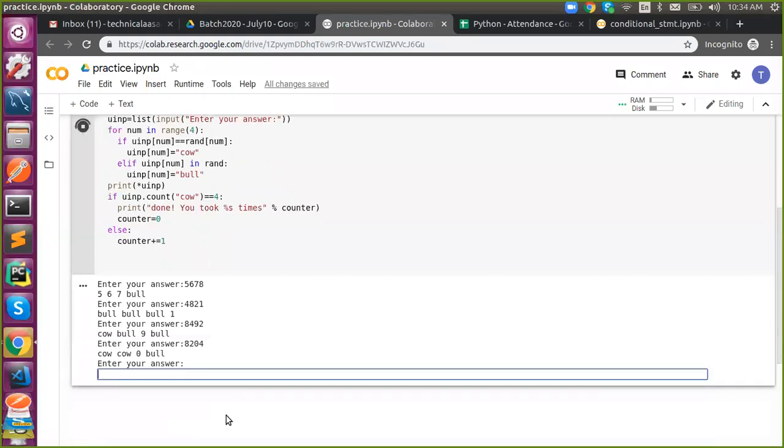So then, what is the try? 8, 2, and then 3. You have used 4 in the first place, it says bull. 4 in the second place, it says bull. 4 in the fourth place, it says bull. Then what is the remaining?